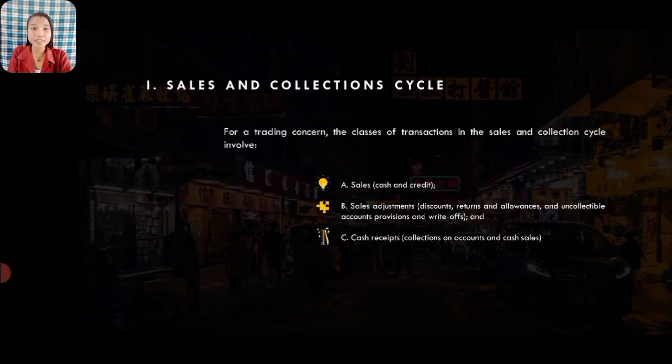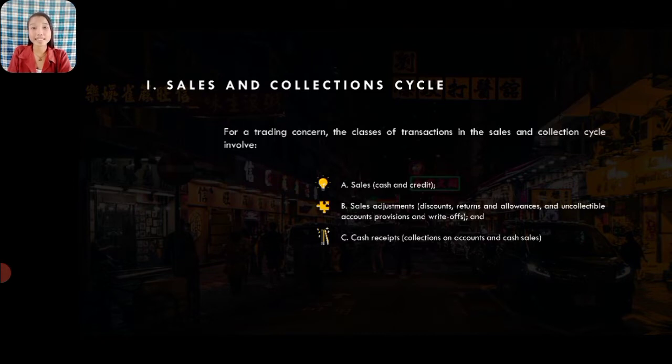For trading concerns, the classes of transactions in the sales and collection cycle involve the following. The first one is sales. It could be in cash or on credit. The second one is sales adjustments. These sales adjustments include